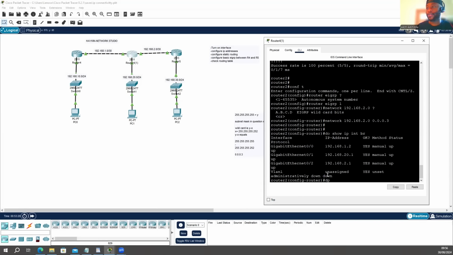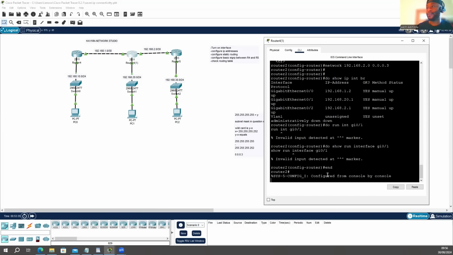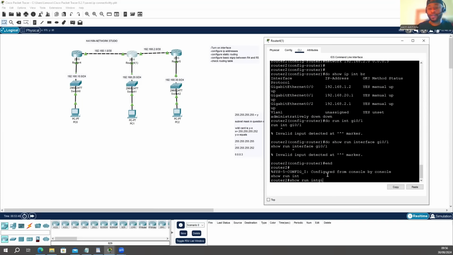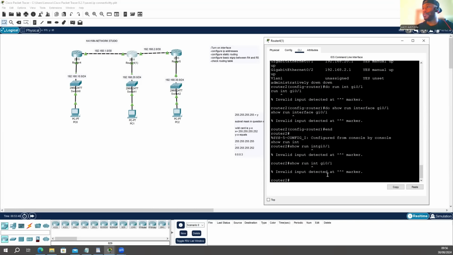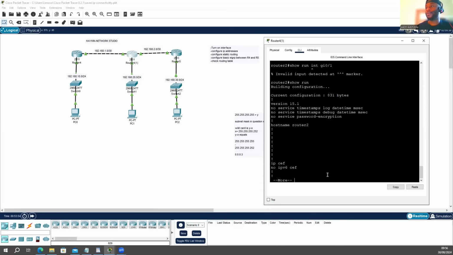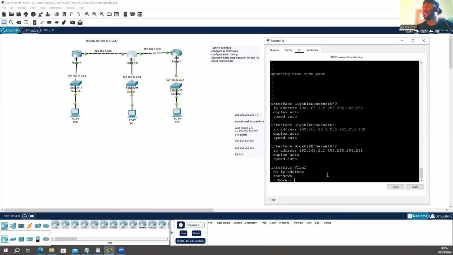For you to see that, you can do show run interface GI0/1. It doesn't show it. Maybe this is some Packet Tracer limitation. It couldn't do the advanced kind of thing, so let's show run in total. So you can see that,